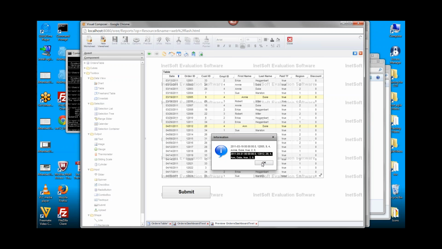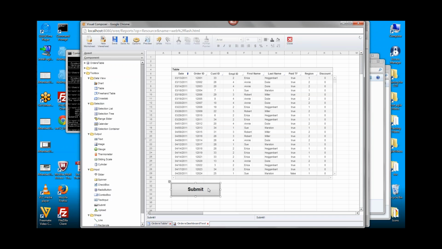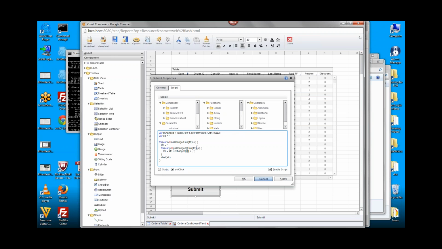The procedure, we could modify this easily, although I won't. The procedure for getting the added rows and deleted rows is basically the same, right? You would just change, instead of get form rows changed, you would put here get form rows added or get form rows deleted, and then essentially the rest of the script could be the same, right?